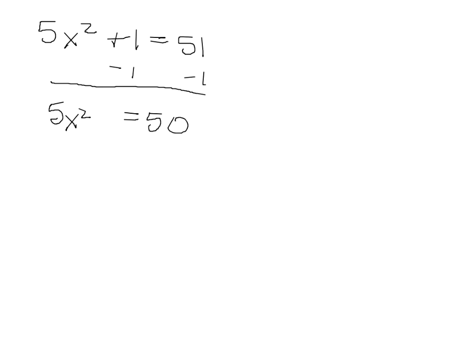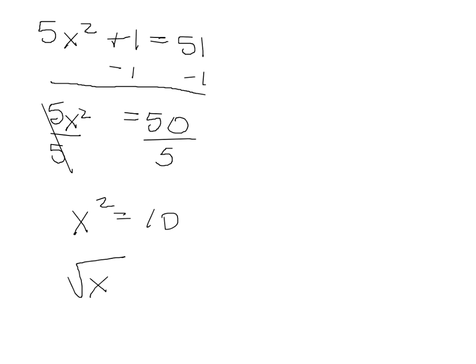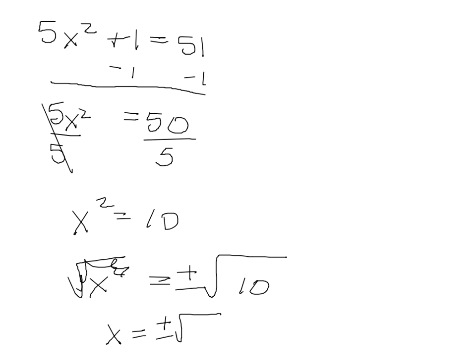So I start off by subtracting 1 from both sides, and I get 5x squared equals 50. Divide both sides by 5, and I get x squared equals 10. I take the square root of both sides. Don't forget the plus or minus. So the square root and the square cancel, and I get x equals plus or minus the square root of 10. So if I list out the two solutions, it's plus square root of